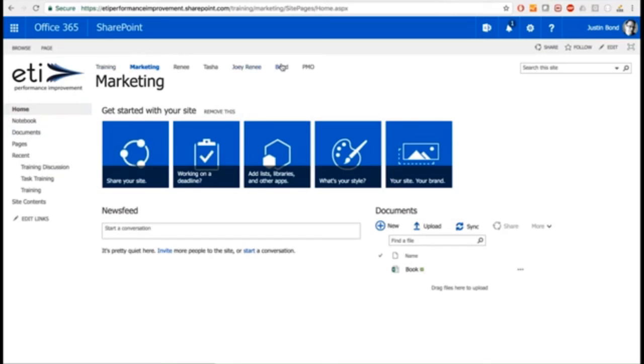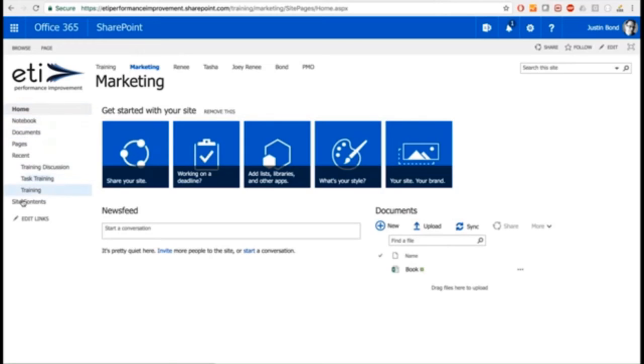The other thing to remember, since it's a browser and we're surfing the web, is that you can use the same shortcuts you do as you surf other websites. One of the ones that I want to bring your attention to is the Control and the Shift key on your keyboard. If I hover over these links on my quick launch bar, what if I want to stay on my home page, but I want to open up the document library in a different tab? Well, if I hold my Control key and I click Documents,